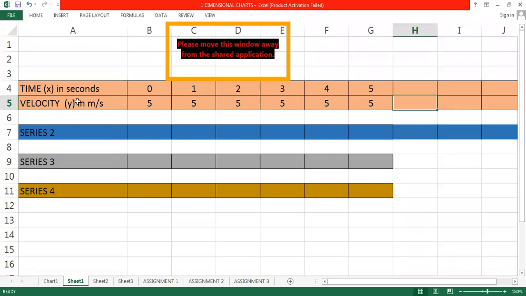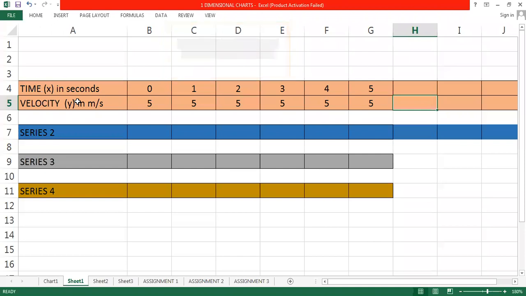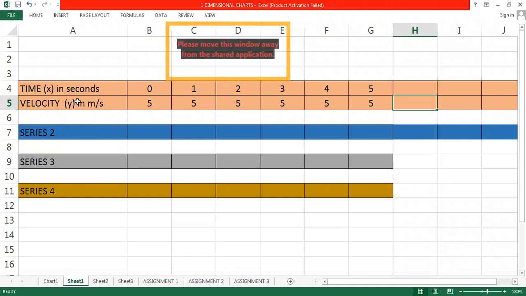I'm not talking about displacement. I'm talking about velocity now. We have moved with our topic. Now we are not talking about the displacement time graph class. Now we are talking about the velocity time graph. According to the velocity time graph, you will come to know that the velocity will remain the same. After 1 second it is 5, after 2 seconds it is still 5.